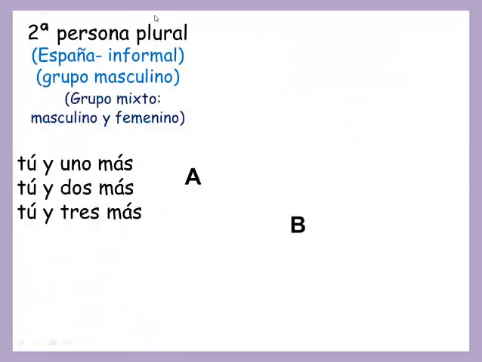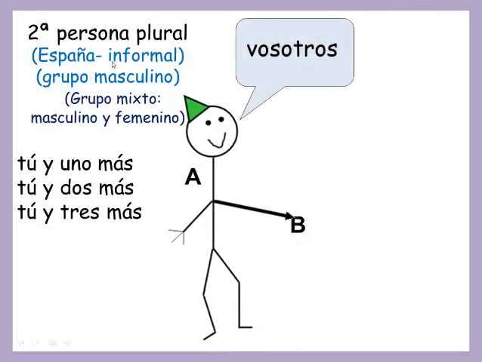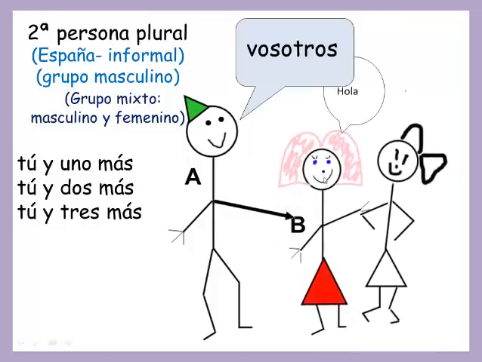Now let's look at second person plural, and we're going to run into the same issue as we did with the singular part of the second person. What we're going to have is the vosotros form, which is informally used in Spain. This is the familiar form that we use in Spain. Again, we've got the same scenario. If it's you and another person, then it's vosotros, which technically here you would need a boy and not two girls.